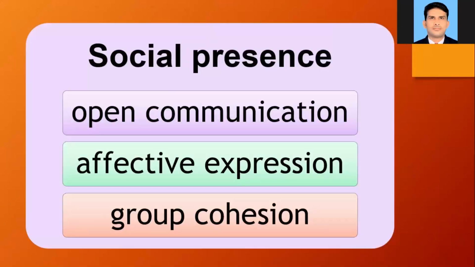There are three dimensions of social presence: open communication, affective expression, and group cohesion. Open communication means that the learner and the teacher have the freedom to communicate with each other as and when required. It's not that they will send you an application, then you will ask them to wait for a week, and after a week you will respond to their questions. That is not the way of online teaching learning. In online teaching learning, the learner as well as the teacher or the tutor both need to remain active and communicate with each other as and when required. Then effective expression. If communication has been established, then the expression of the